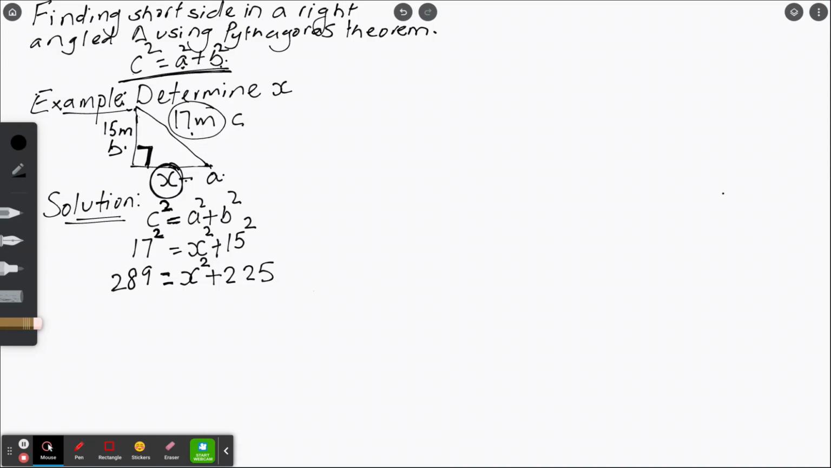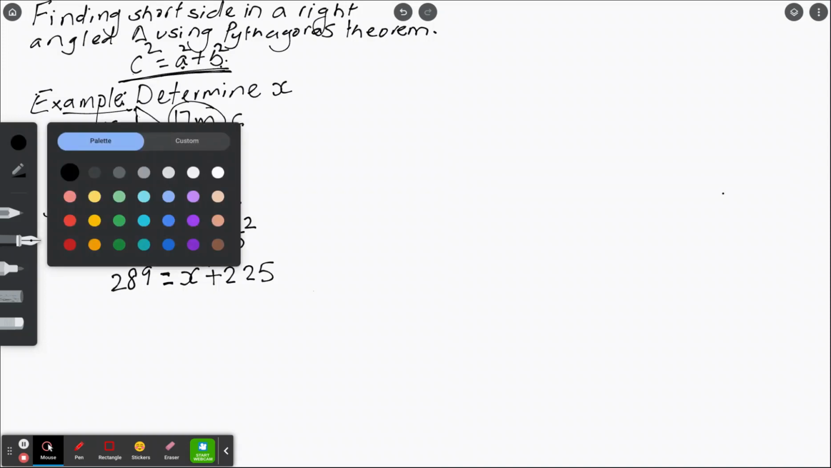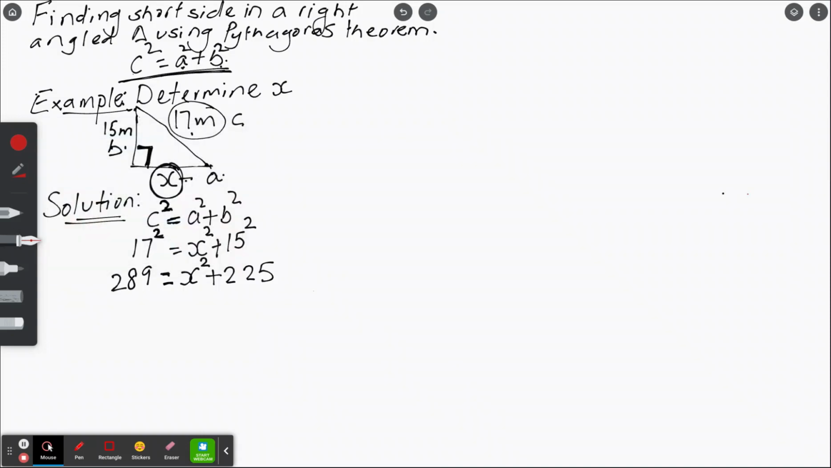Our purpose is to find x, and to find x, we have to get x by itself. Just give me a second. I'm just trying to get a different color to circle, because I always circle the thing which I want to keep by itself. I will be trying to get x by itself, because getting x by itself is the only way to find